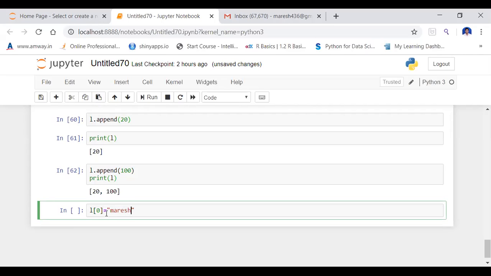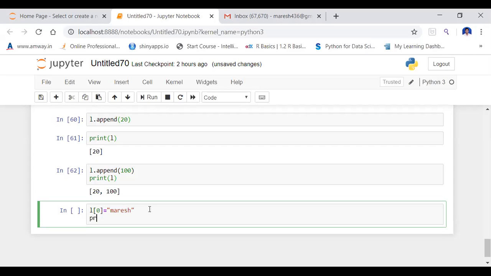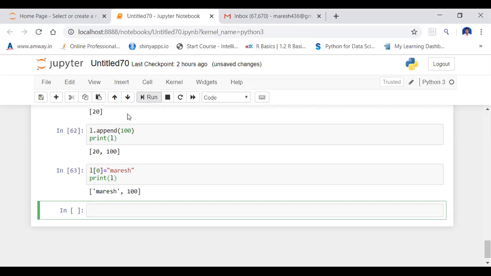Now I am going to print my L. Now 20 is replaced with Marish. Like that, we can replace all the values in my list by supplying its index value and assigning new values.